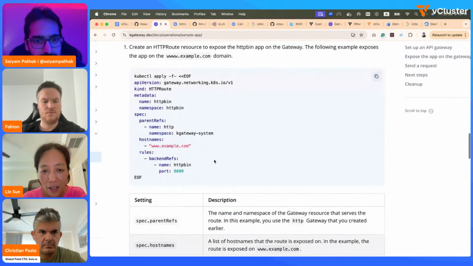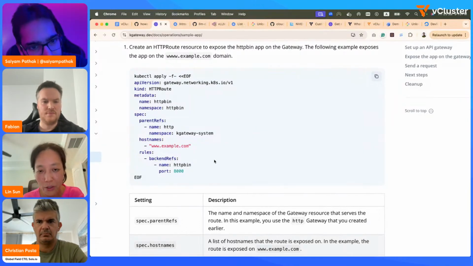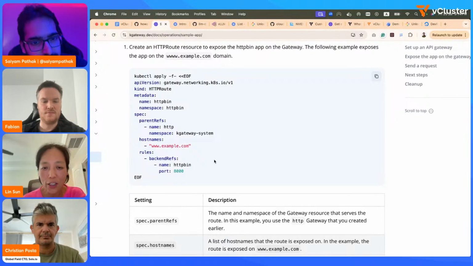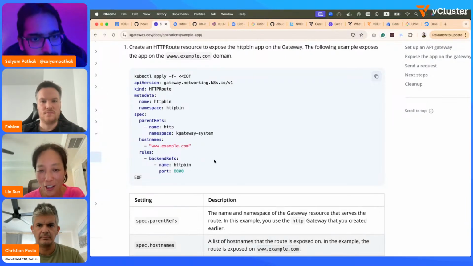It says when the traffic goes to this particular gateway, which you can see the parentRef refers to the namespace of the gateway along with the name of the gateway, which is http here, and then it specifies a hostname. And then the rule, which is important, of when the route goes to the gateway, it routes to the backend, which is the httpbin